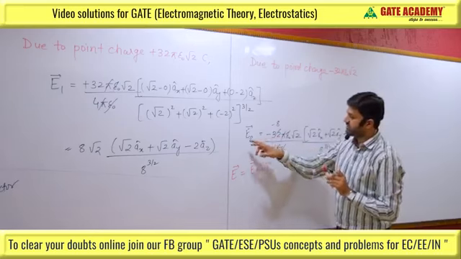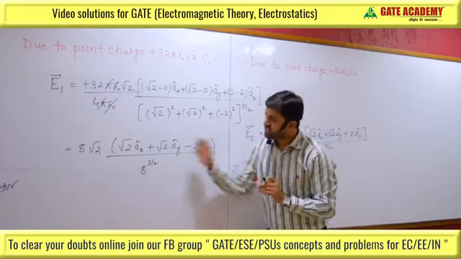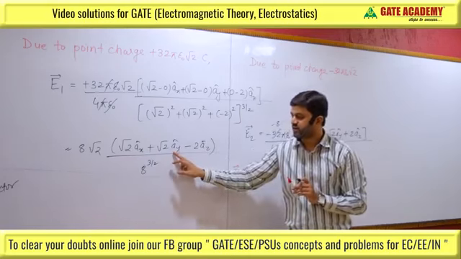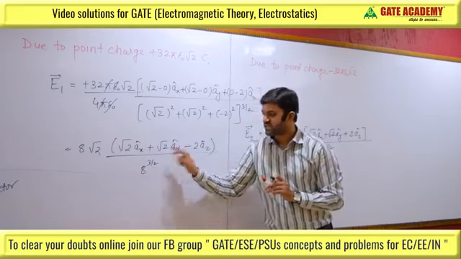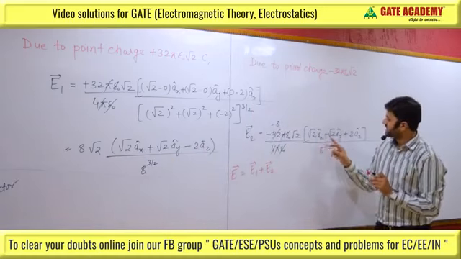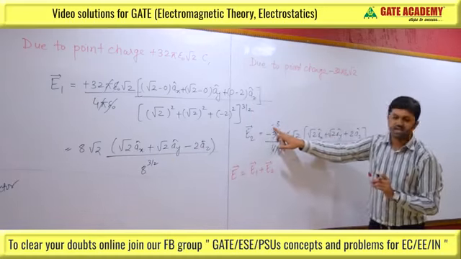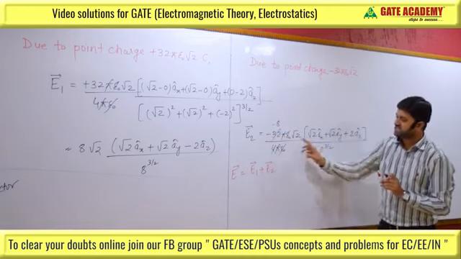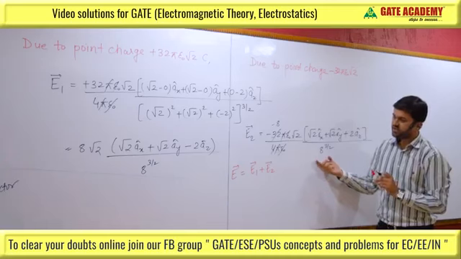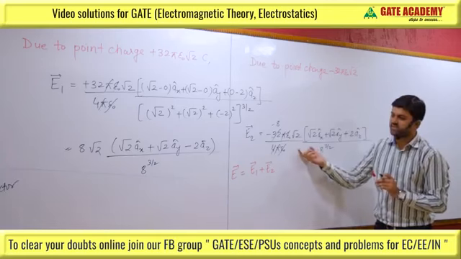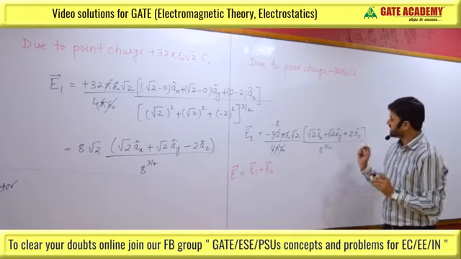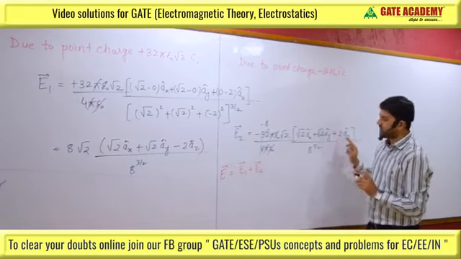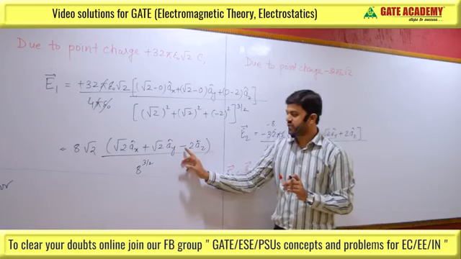So if we add these two, E1 and E2, the ax component and ay component have a positive sign here, and here the ax and ay components have a negative sign because of this minus charge. So this will cancel each other because the denominator for both equations E1 and E2 is the same. So this will cancel each other, and the z component here is minus sign and the z component here is